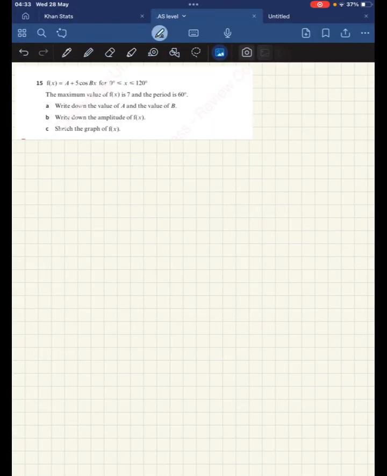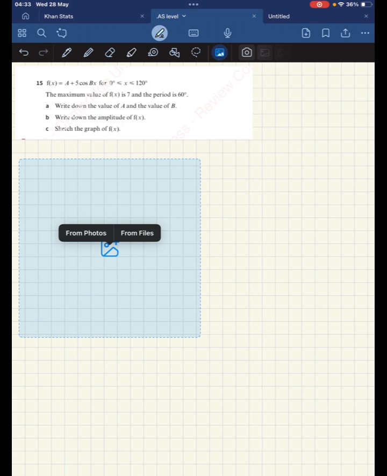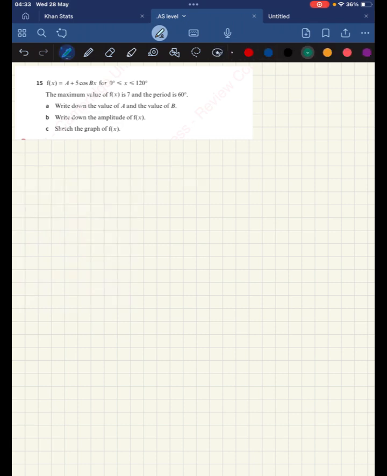Okay, so we have this question, right? They've given us a function for a periodic graph, or periodic function, and they want us to determine the constants a and b. So how do we do this? Let's use this: they've given us f(x) = a + 5 cos bx for that range,